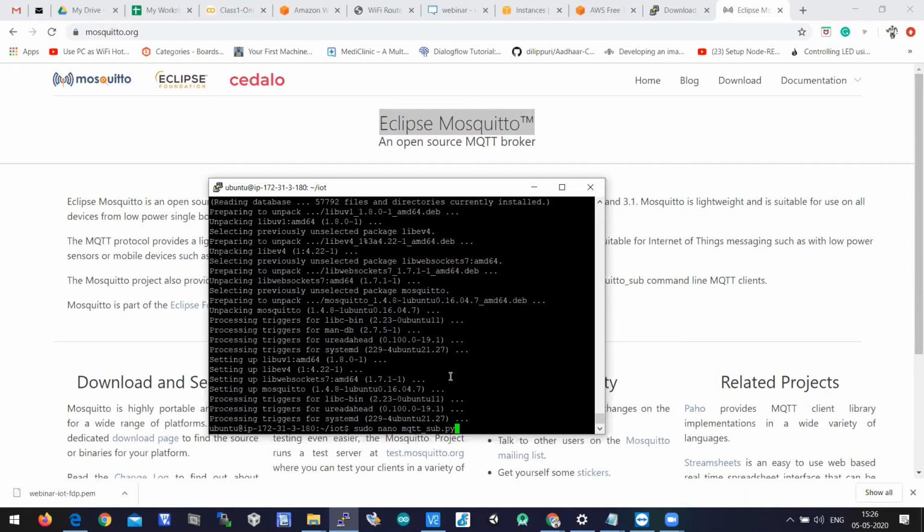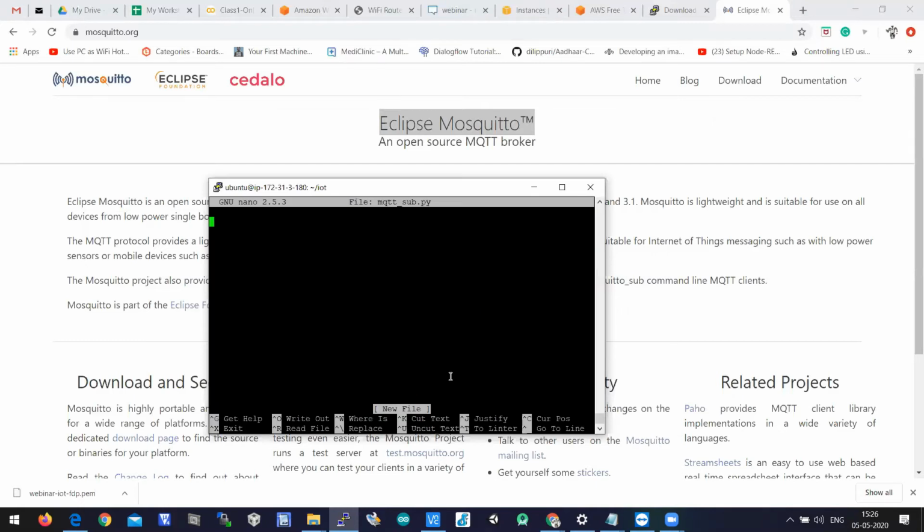Enter. Then immediately a new file will open.